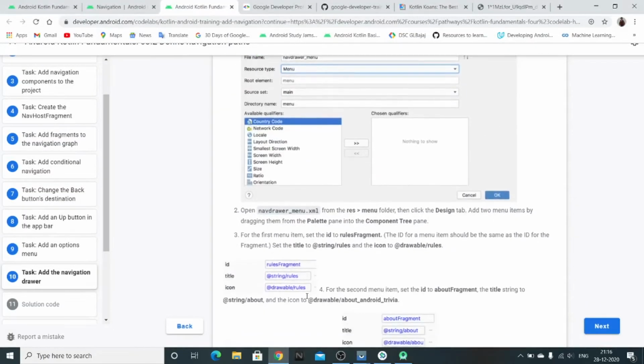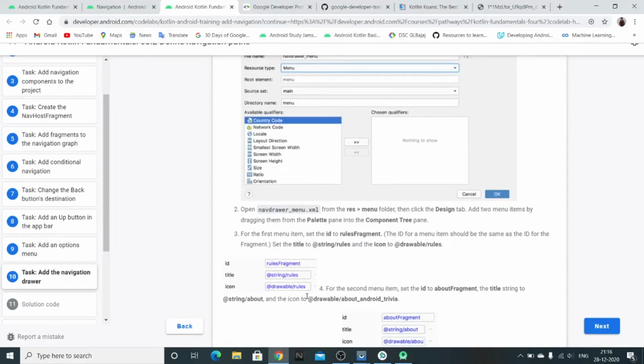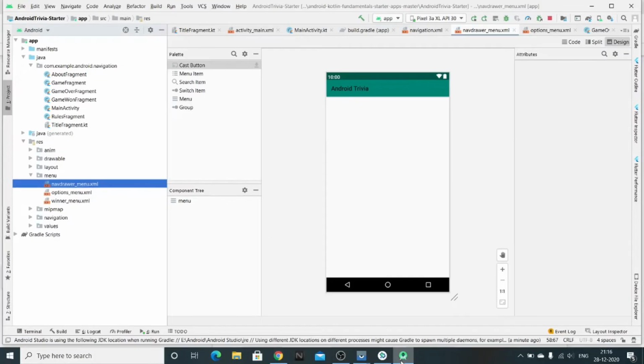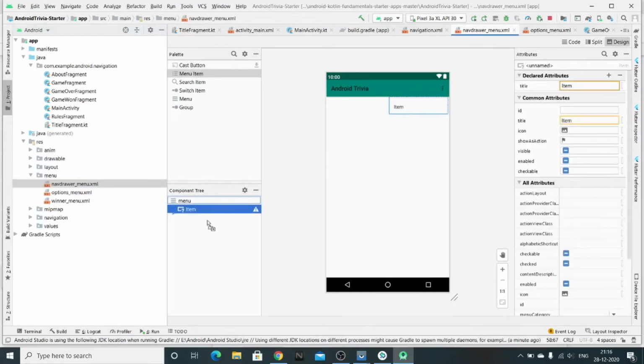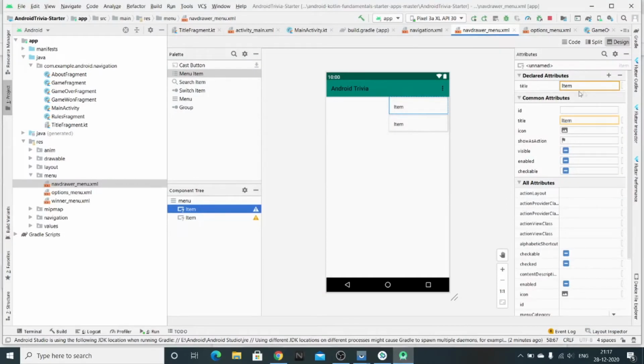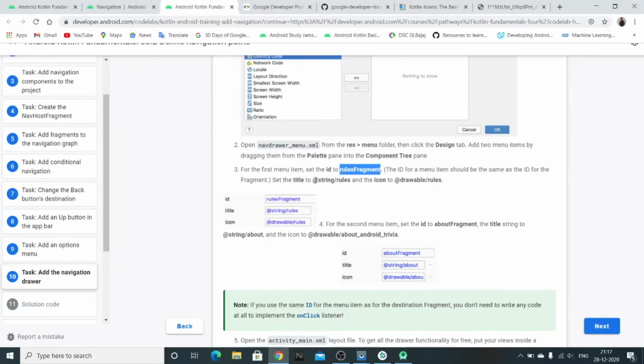So here we'll be having two items, the rules and the about. So it will just have two options, the rules and the about options. So here just add two menu options in the component tree, and then for the first one, the ID would be rules fragment, and the title is @string/rules.